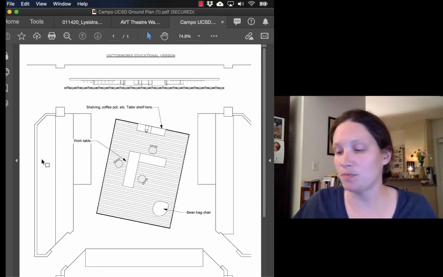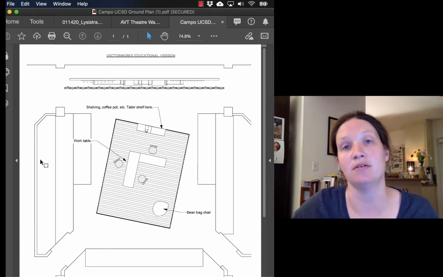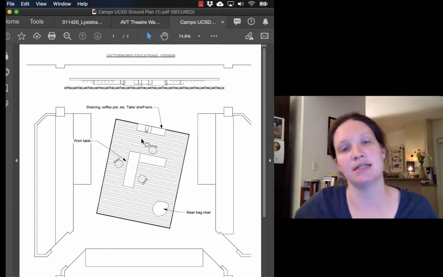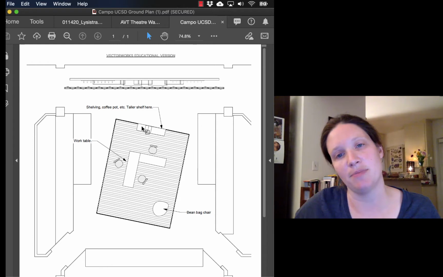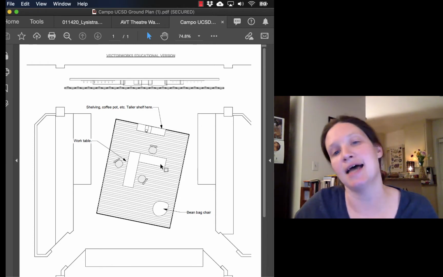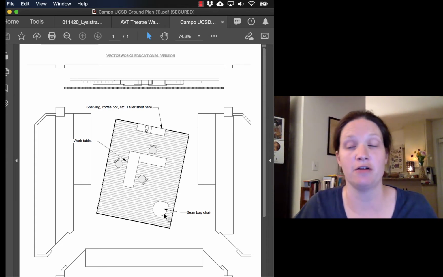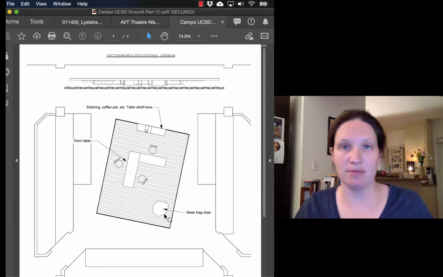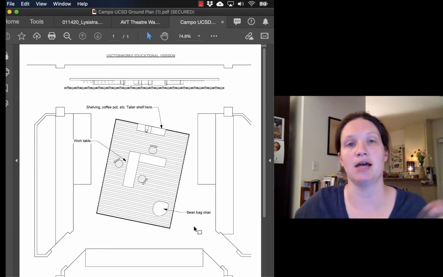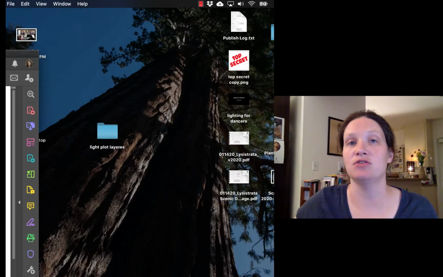There are also pictures on my website, which I've now linked as well, so you can take a look at the production photos of this show. The basic idea is that we need some sort of a shelf in the background that you can put a coffee maker on and some other office supplies, and then a desk and a table and some chairs, specifically a beanbag chair, okay? Those are the elements that I need you to include in your Campo Maldito drafting, and now we're going to jump into Vectorworks and look at how we might source these objects using the resource